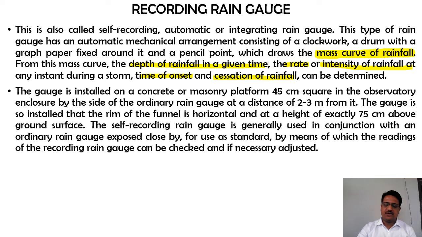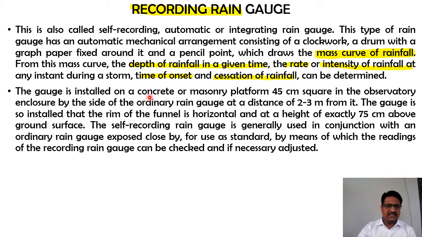For your further chapters, this itself is going to be an important section where you are going to use the mass curve of rainfall, for example for the hydrograph. So this is going to be the base for all the further study we are going to have. Such a rainfall mass curve can be obtained from this recording type of rain gauge station. Fine.